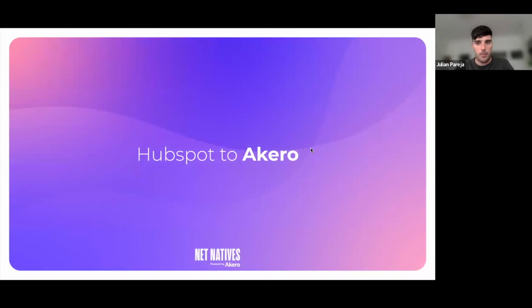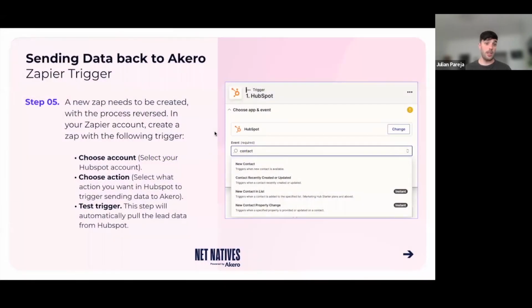Once that prospect is going from Akero through to HubSpot and they become an applicant, if, for example, you have a specific list in HubSpot for applicants, what we can do at that point is just another really simple Zap in which the process is reversed. So in your Zapier account, you just create another Zap in which the trigger in this instance is your HubSpot account. You then select what action you want in HubSpot to trigger sending that data to Akero. As an example, when a prospect enters that applicant list,